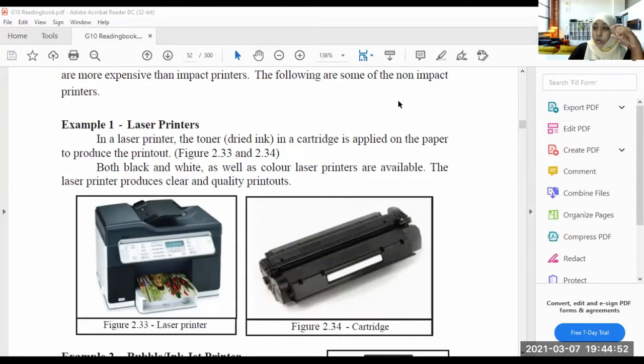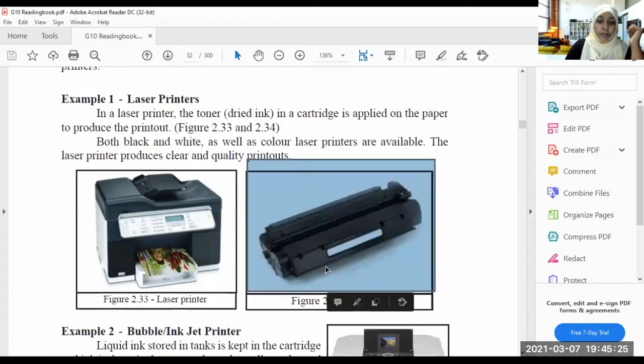Okay, and also the quality is very good. Better than the other printers, but expensive. If the cartridge finishes, you should buy a new cartridge, and the cartridges are very expensive. As I remember, 5 or 10 years ago, a cartridge cost about 7,000 rupees or something. So nearly 10,000 rupees if you are buying one cartridge, right? So it is very expensive.